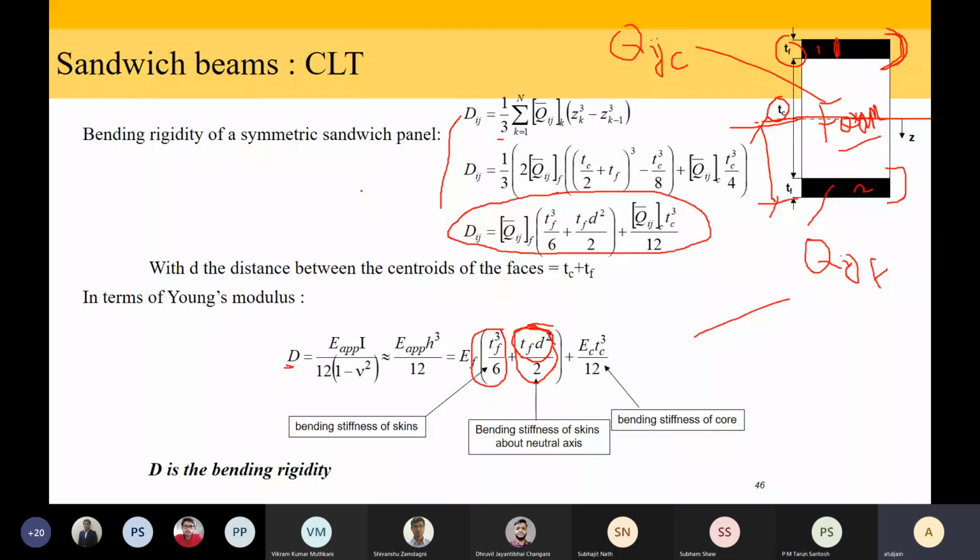For this sandwich beam, which of these conditions are not satisfied? Stiffness difference, the third one. The stiffness difference between foam and outer layer is going to be very high. This is one. Something else? The thickness difference is also very high. So now the question is, because we are still using the classical lamination theory, what physics are we going to miss? What is actually going to happen in real life, which phenomena do you think we are going to miss?